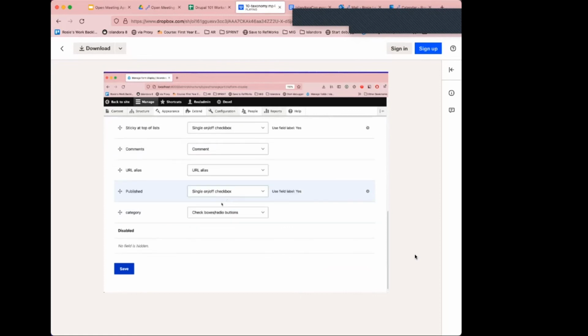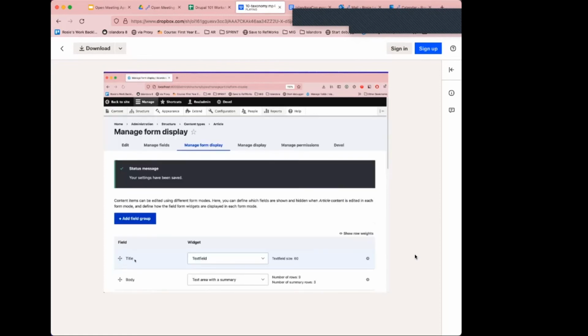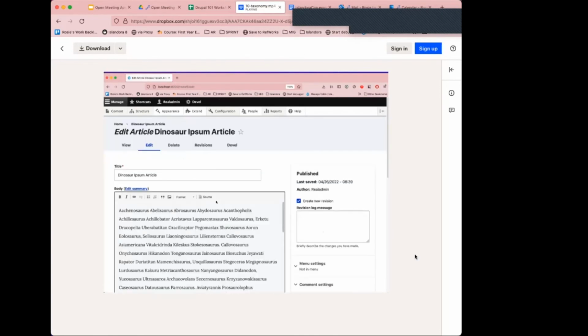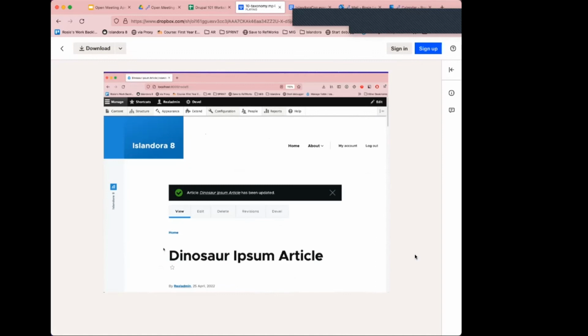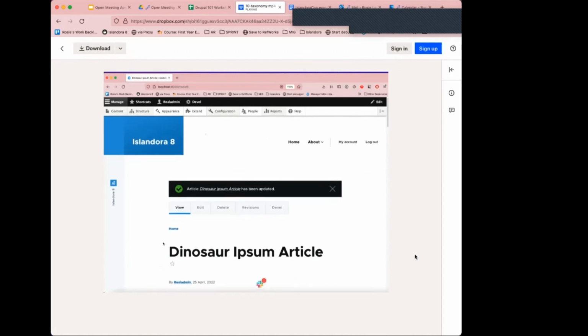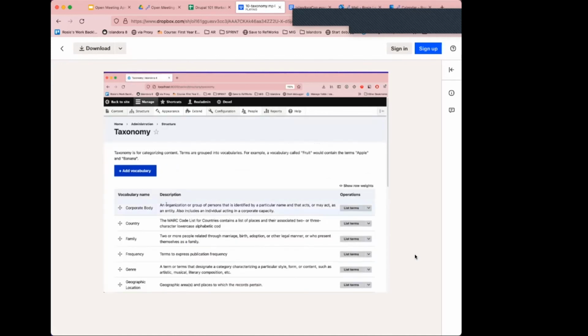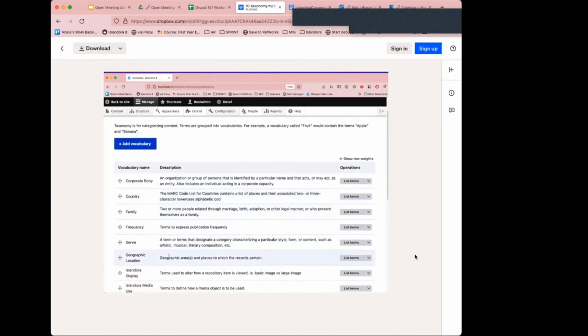We click Save and go back to edit our article content, and we can see we can assign it to a category. In Islandora, we use taxonomy terms to hold a lot of metadata, but this is a less common practice within Drupal. When we talk about taxonomy in Drupal, taxonomy terms are the terms themselves, and they are organized into vocabularies. Vocabularies are like the content types of taxonomy terms, because each vocabulary defines what fields are available on